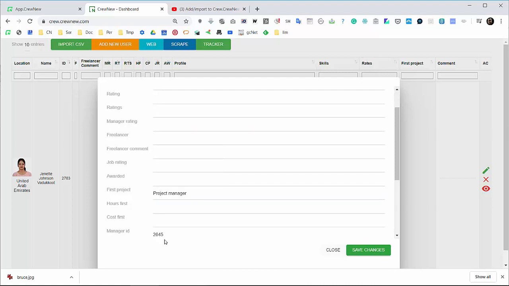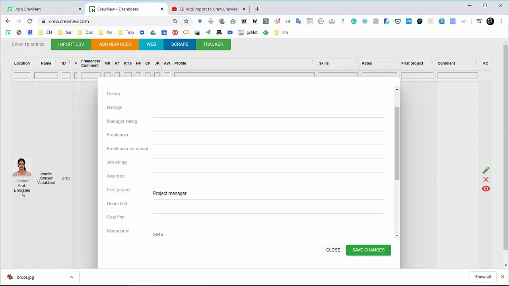So otherwise, when we type to filter that we want to see all the project managers added to the database by different people, then we're always going to see the people with manager or job rating highest first when we consider hiring someone. Of course, she's from the United Arab Emirates, so I believe she will be leading projects from that kind of area, and to lead UK projects, we prefer people from the UK for bigger projects,